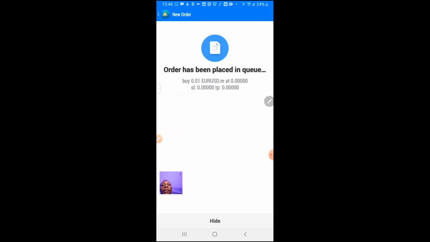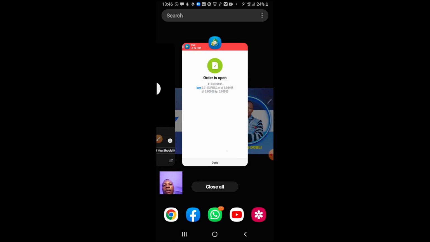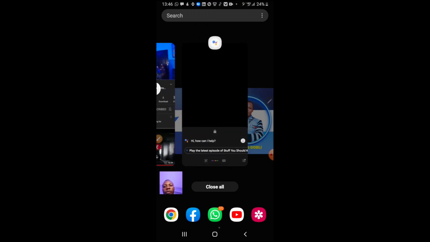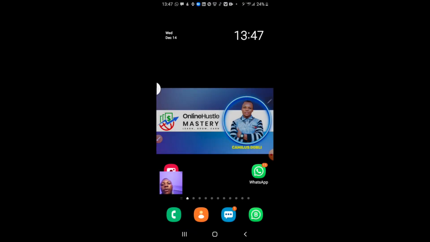If I click on buy, if the network is good, you can see it has opened. You can see it moving now, click on done. Guys, my internet is disturbing. I don't know why it's trying to freeze like this, but that is it. So I'll just remove it and then come back. Let me go back to